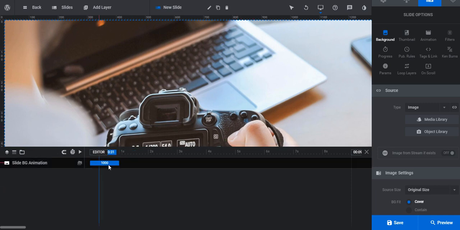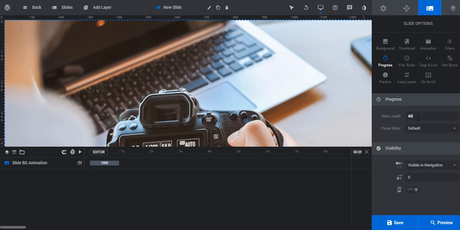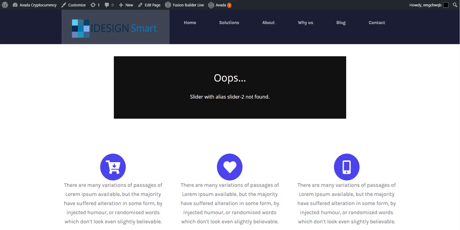So this is how my slider looks. Here is my timeline, where once I add other layers, you can just drag it to see everything that's going to happen to your slides. Now you should also specify the time that your slide will play for or animate for. So I think you can set that as 4 seconds, and we'll save the slide, and then we will go ahead and see how it looks on our page. So we'll just refresh it,